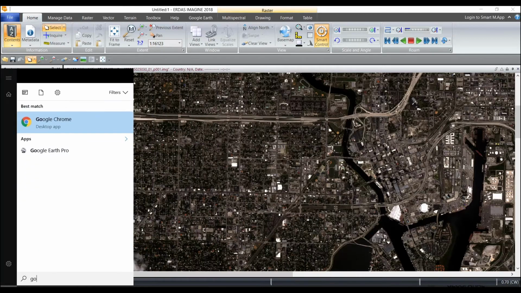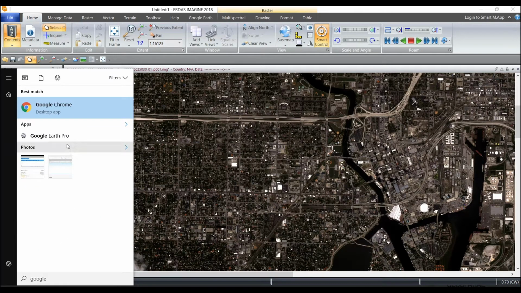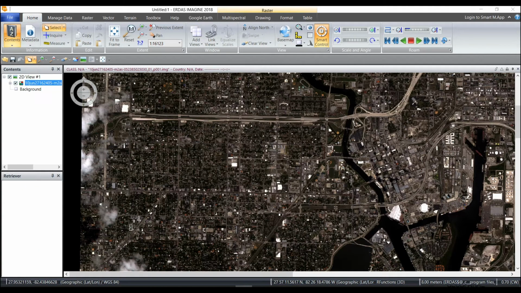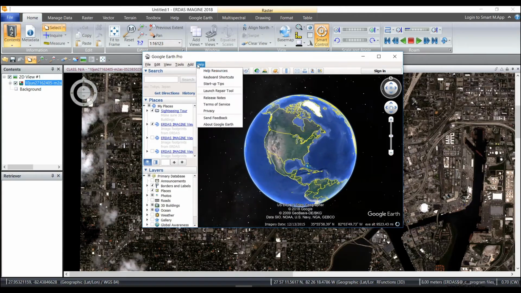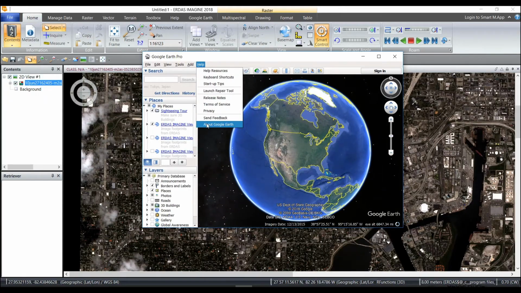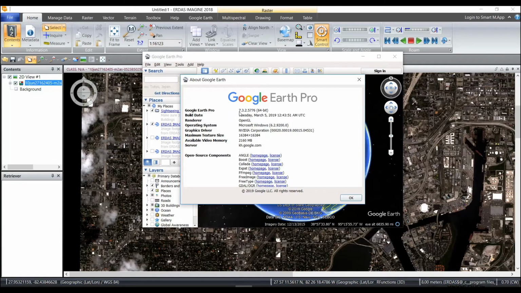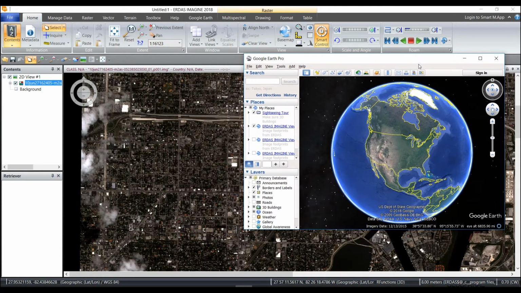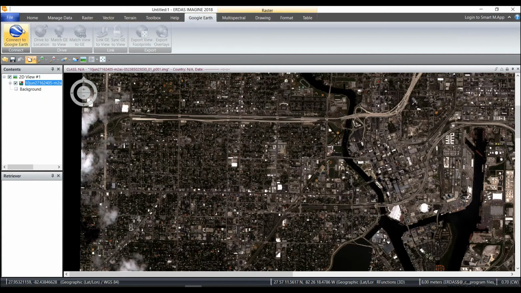to open up Google Earth Pro. And the version of Google Earth that I have once it opens is 7.3.25776 for 64-bit. Once I have Google Earth Pro open, I can select the Google Earth tab on ERDAS Imagine,